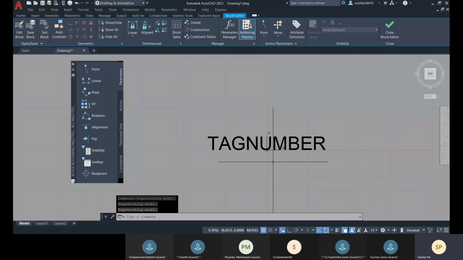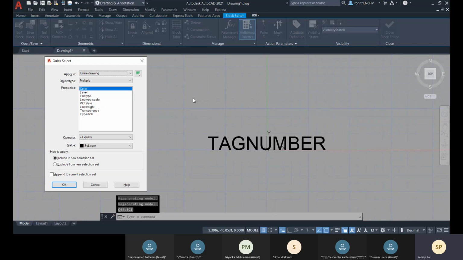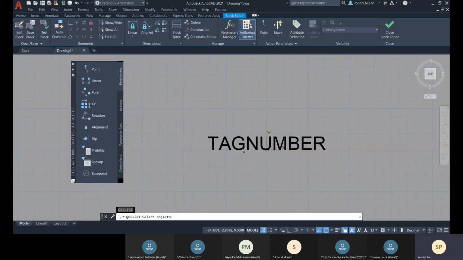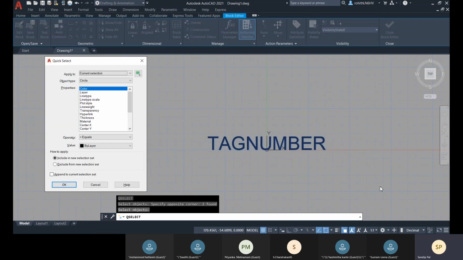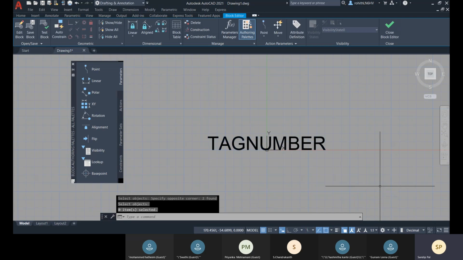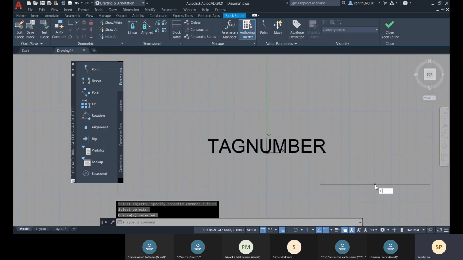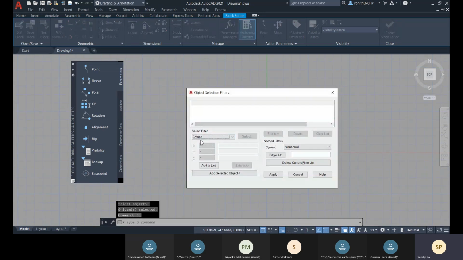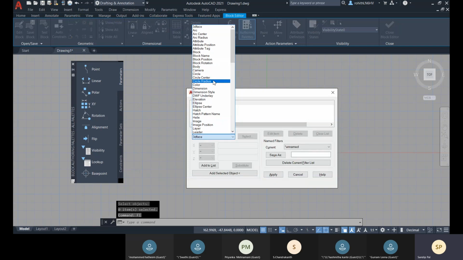Let me go with the select again. So that will be circle. Here, that will be circle.